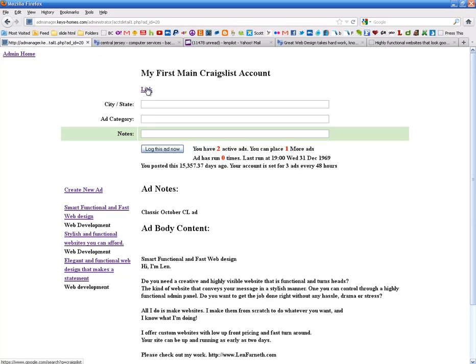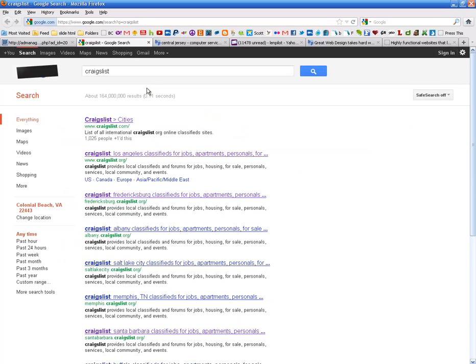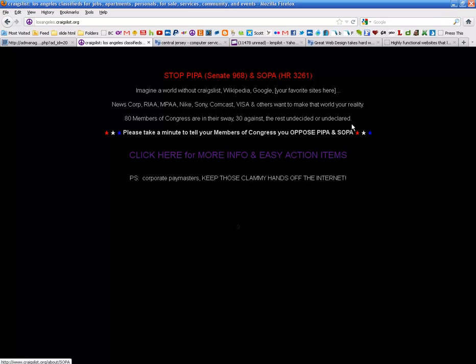Now, my link to Craigslist is a fickle beast, so I don't really like to tick them off any. So my link to Craigslist is actually a link to Google with Craigslist in the search. And look what Craigslist has decided to do tonight. They've decided to ban against SOPA. And it's a good cause and all that, but there's no Craigslist, and that's why I made this video tonight,